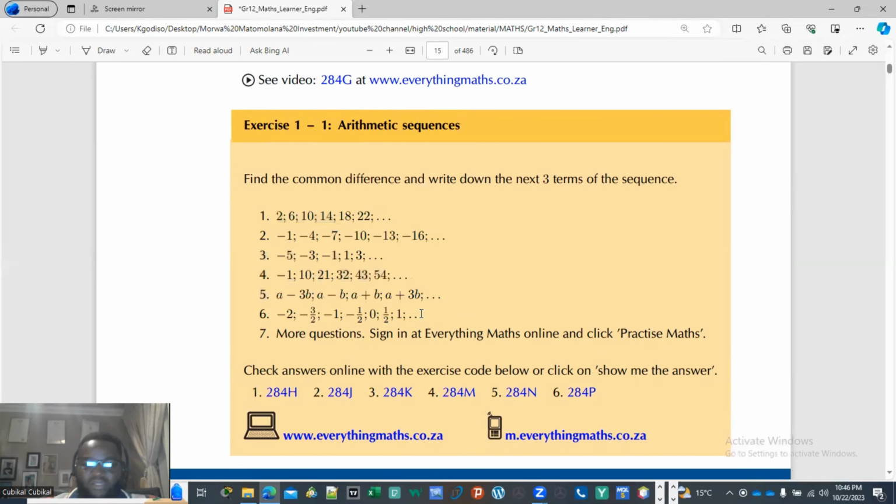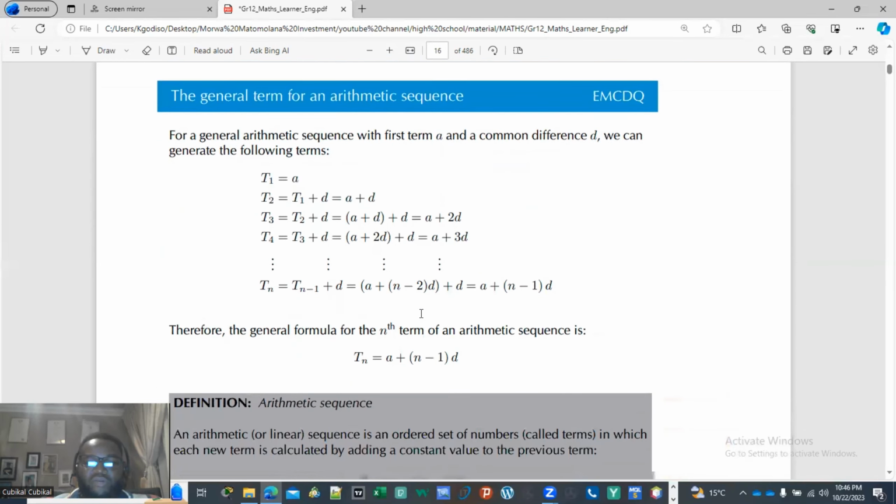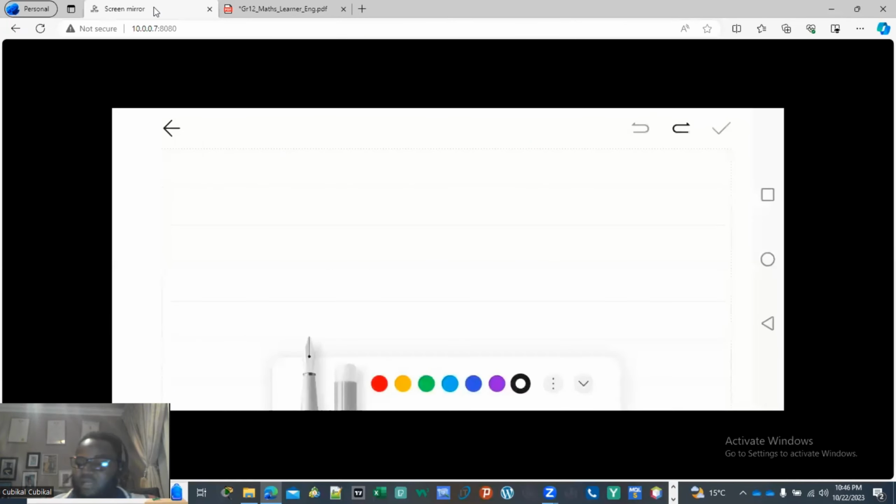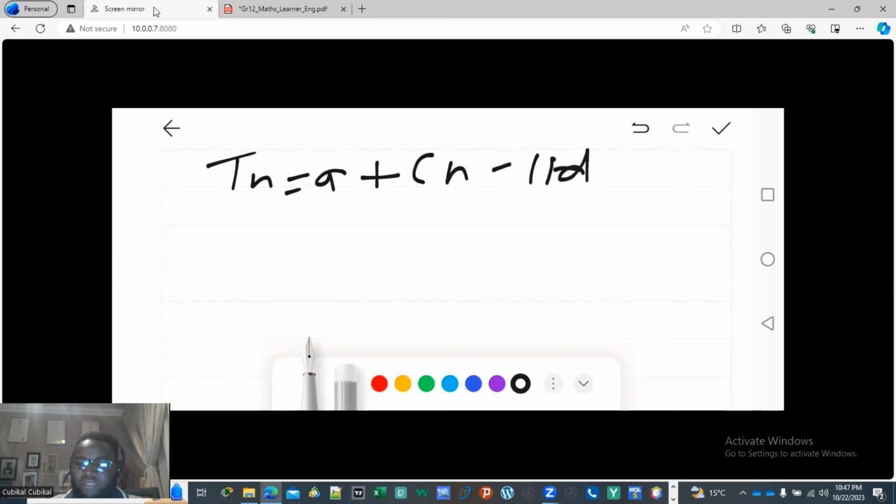So then we're going to come back and try these exercises. But I want us to look at something first. I want us to look at this, which is the general term for an arithmetic sequence. So it says here that the general term of an arithmetic sequence is given by Tn is equal to a plus n minus 1 multiplied by d. So where